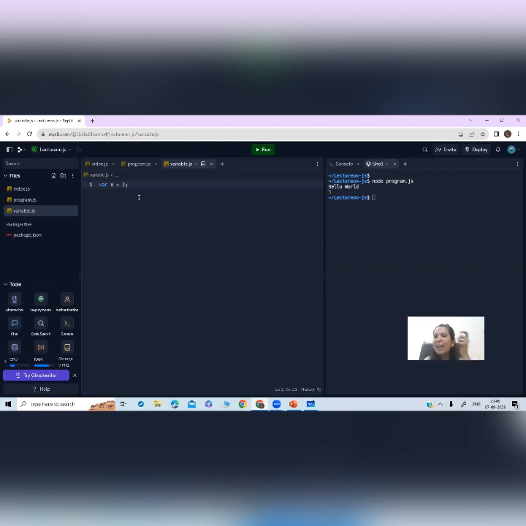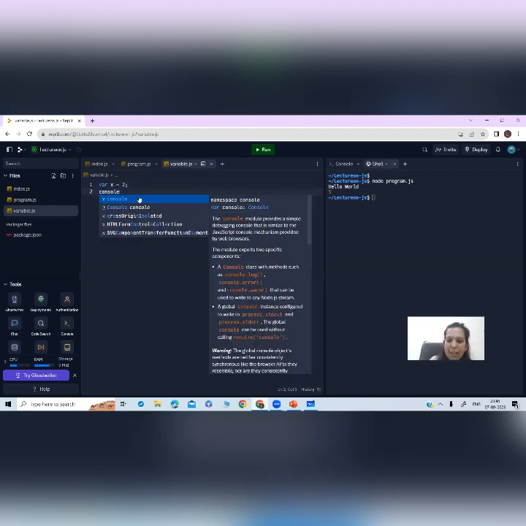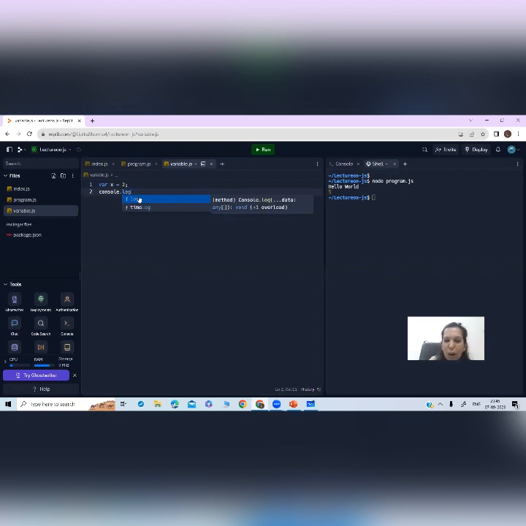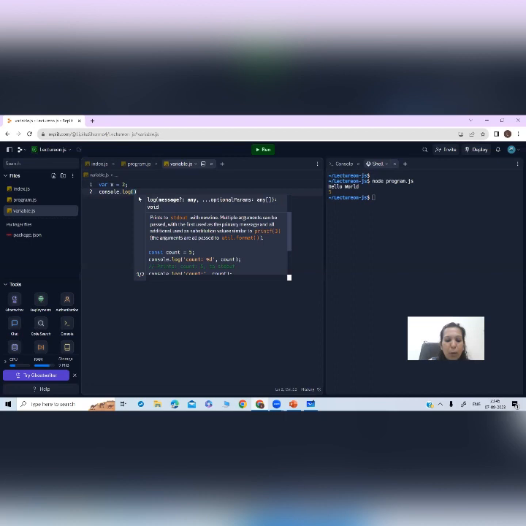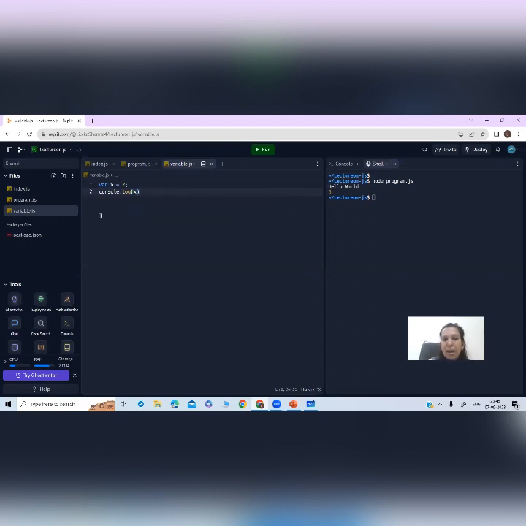Okay. Now we have written a variable. We have declared a variable, but I want to print that also. So what am I going to do? I am going to write my magic word, that is console.log. And what am I going to write here? Here I am going to write simple X. Why X? Because X is the thing which we want to print, right?